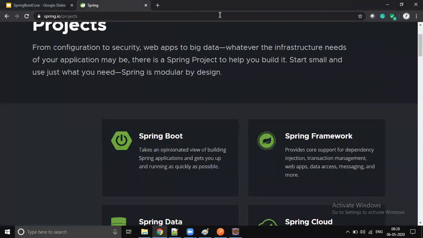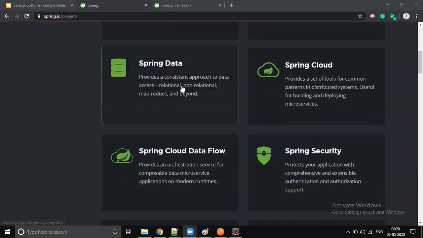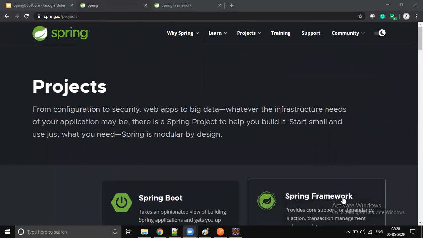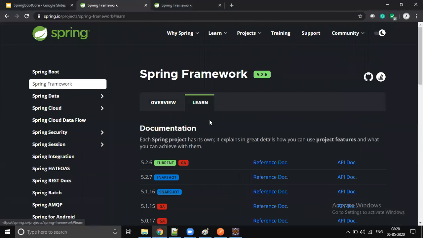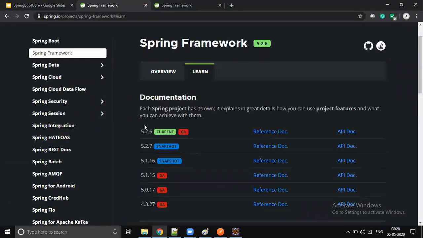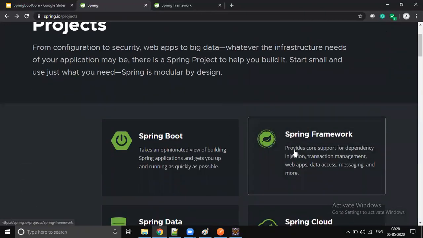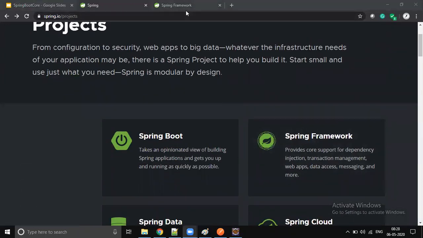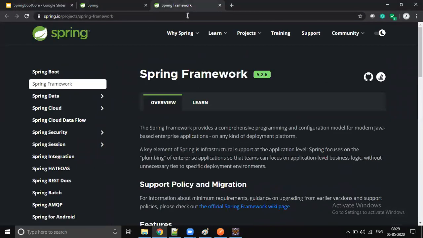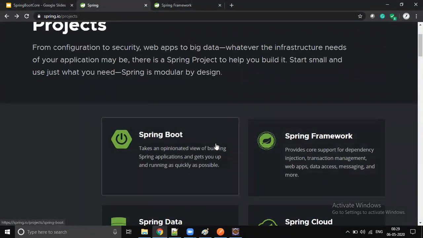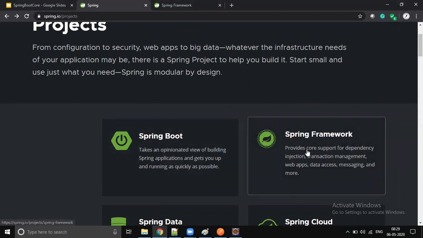Okay. So when you go to the Spring Framework, you see a different version history. In Spring Framework, you see versions like 4, 5, right? So the latest version is 5.2.6. So Spring Boot is a kind of layer which is built on top of the Spring Framework. The underlying core concepts are again taken care of by Spring Framework, all the container beans, right? So that's why we have two different documentations for Spring Boot and Spring Framework. So whatever we are learning is a combination of these two projects.